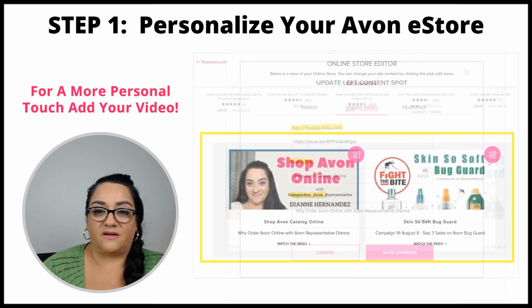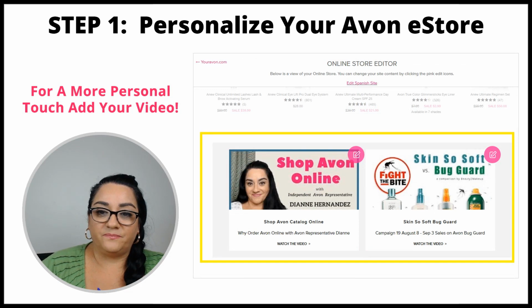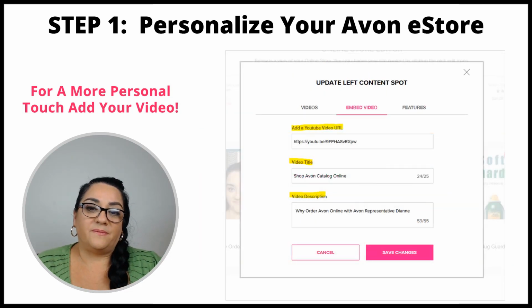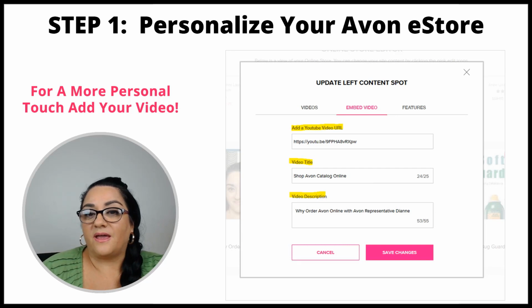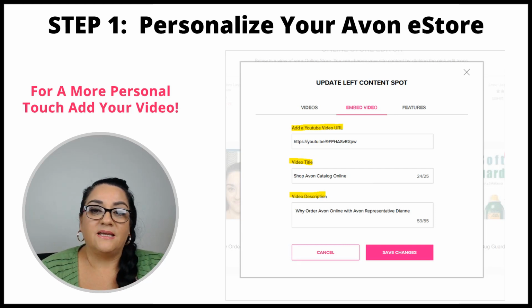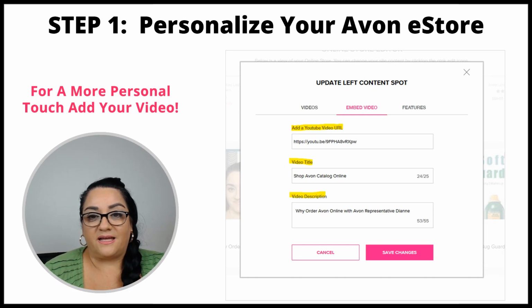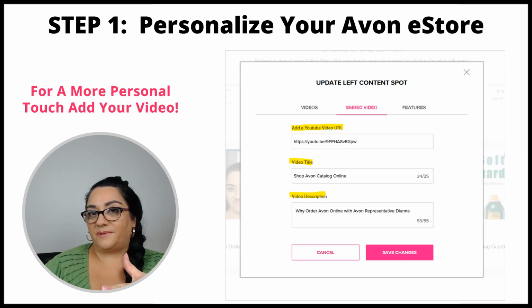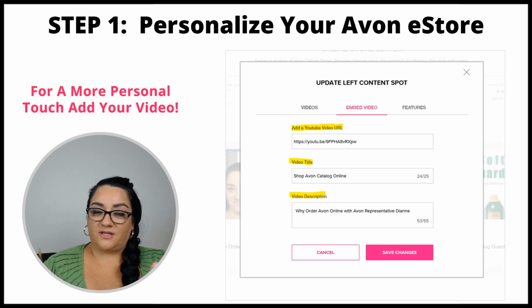All you need to do is click, let me go back for a minute. Click the little pencil, the little edit pencil, and then it'll open up a window, and you'll see three choices. You'll want to click the embed video choice, and then just follow the prompts. You'll add your YouTube video URL. So you just go to YouTube. Once you upload your video, you just go to YouTube and copy it, and then